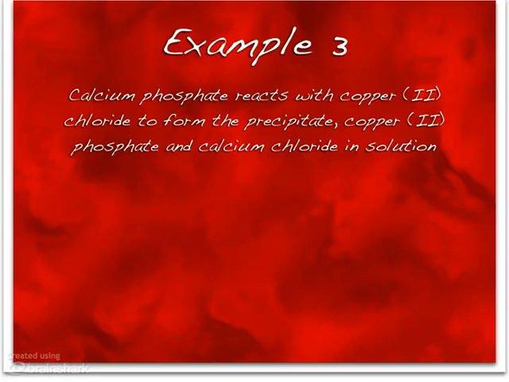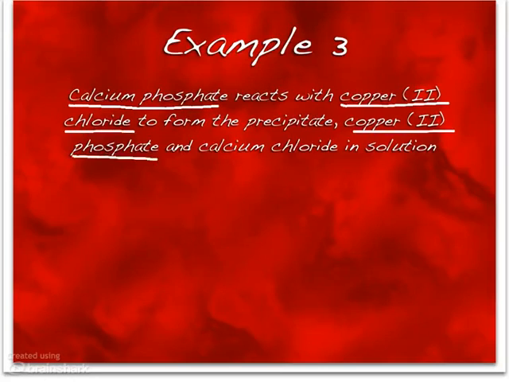This last example has a little bit more meat to it. It's going to be a little bit more difficult to do. If you read through, you have calcium phosphate, copper 2 chloride, copper 2 phosphate, and then calcium chloride. Every one of those is a chemical name. They aren't elements and they aren't diatomic molecules, so you do have to go through and figure out what type of compound they are. Calcium is a metal, copper is a metal, so that means every single one of these is an ionic compound. So you have to figure out the formula